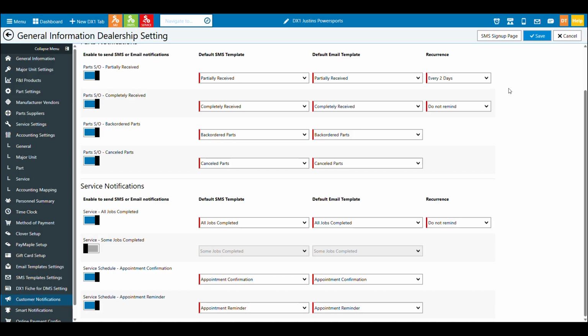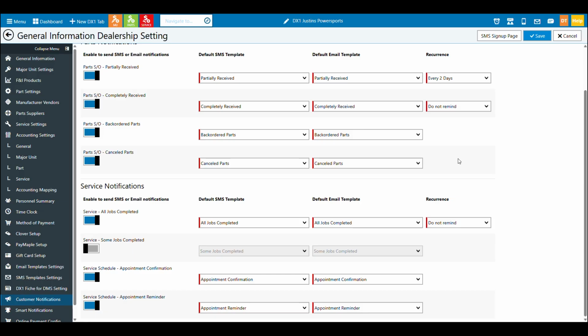This also works really well to make sure that communications with customers are documented in the customer records, which we'll look at in another chapter. You can go to a communications tab, and it will let you see all the communications that the dealership has done. So in the case somebody says, you didn't let me know that my parts are received, you could at least verify that the system sent the notification out and the date and the time that the customer received it. And then you can decide how to manage from there.